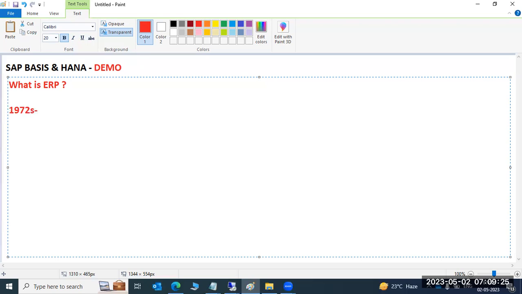SAP means system, application, and product in business data processing. They are the former IBM people from Germany. German people delivered this product. They created this product.